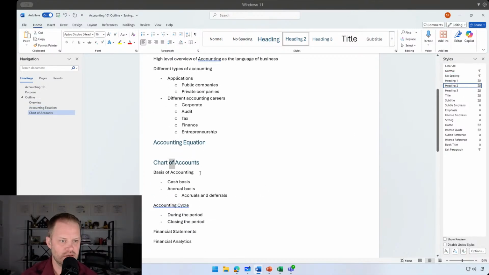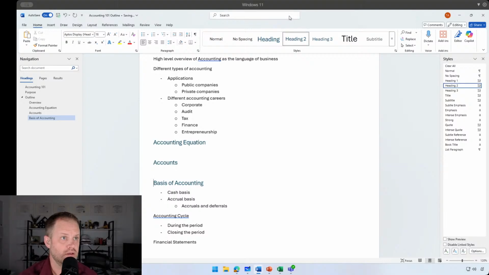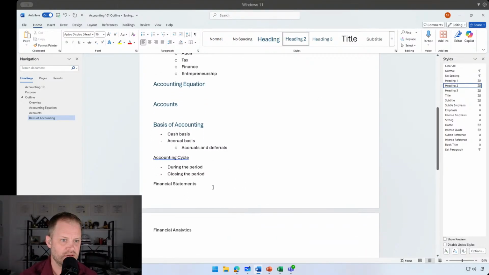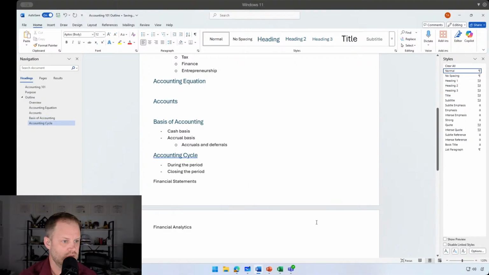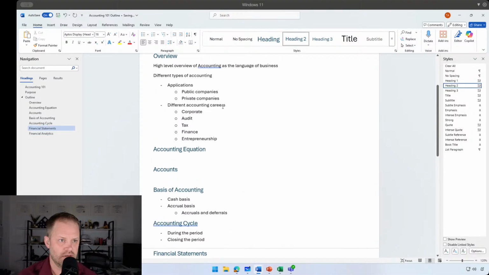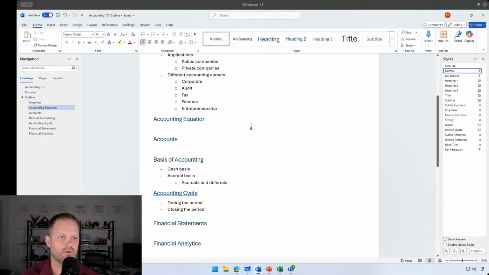Well, let's just say accounts, the concept of accounts. Then accounting basis. Then the accounting cycle. Financial statements. And then financial analytics. So the accounting equation